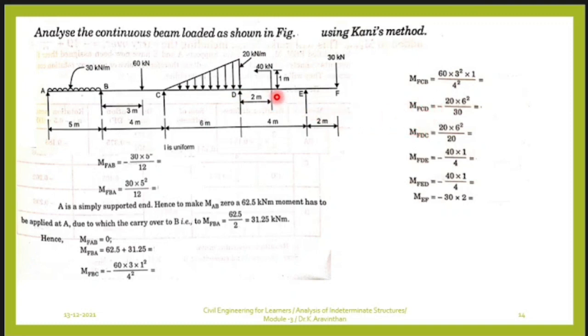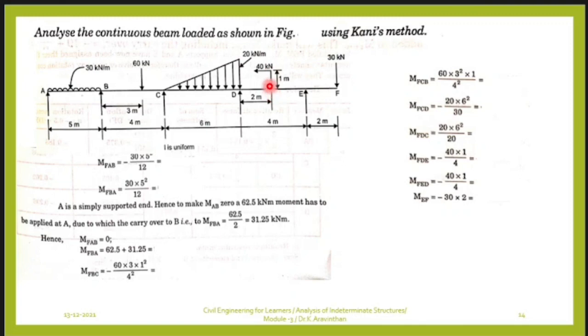And if you have a load like this, a straight member and a force, what happens? Your formula changes like this, that is WL by 4. What is L? This L is the vertical distance. You are finding the moment at joint D. Here you have to take 40 into 1 divided by 4. So what is 1 in this sense? This is the vertical length. If you have any kind of problem like this, this will be acting as a moment. So this is not a force.